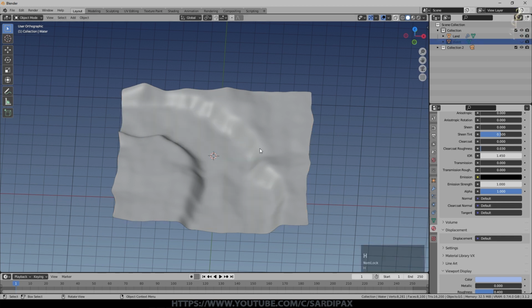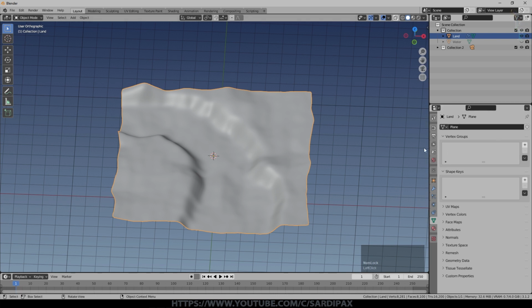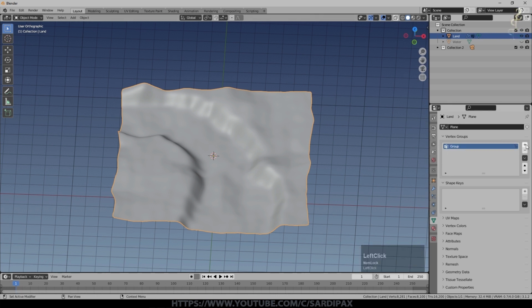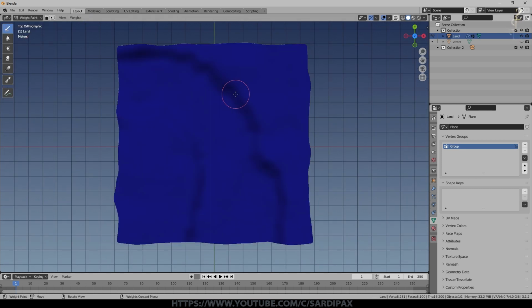I'm going to hide that for a moment because I'm now going to go into object data and set up vertex groups with the land. So I'm going to click plus there. We'll look from above and we'll go to weight paint because I don't necessarily want vertex groups. These are going to be used, by the way, for defining where things are, where the rocks are, where the trees are and so on. I don't want them necessarily all on or all off.